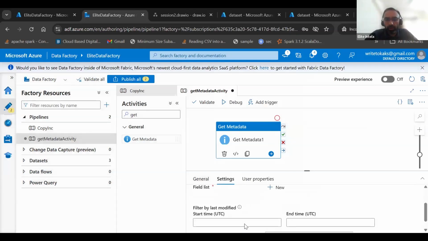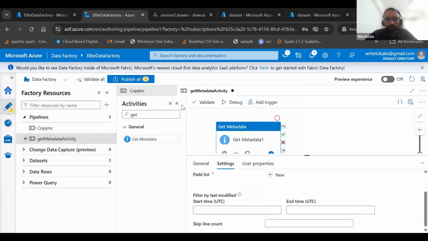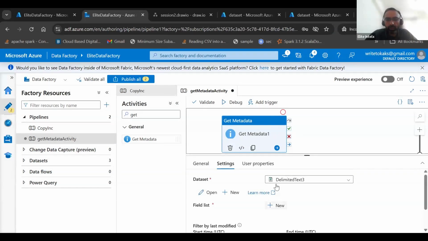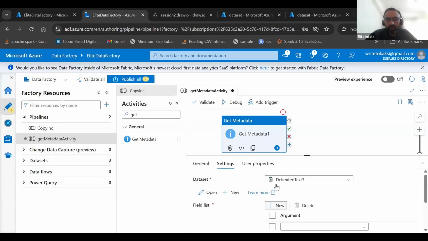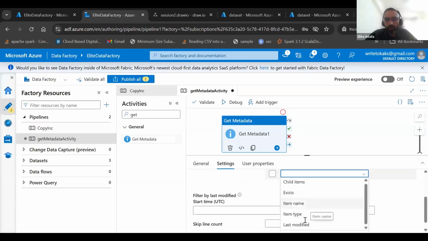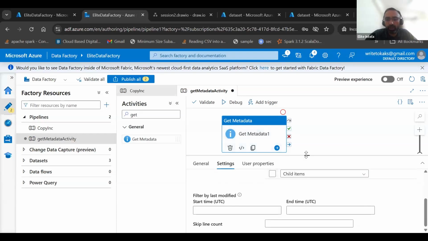Fine. Now, guys, there is an option called field list. What is this field list? Let me create a new one and I will show you. These are all the field list options we have: child items, exists, item name, and all. To get the metadata, because I know I connected to a specific folder, I just want to see all the child items from this specific folder. I just click on child items,